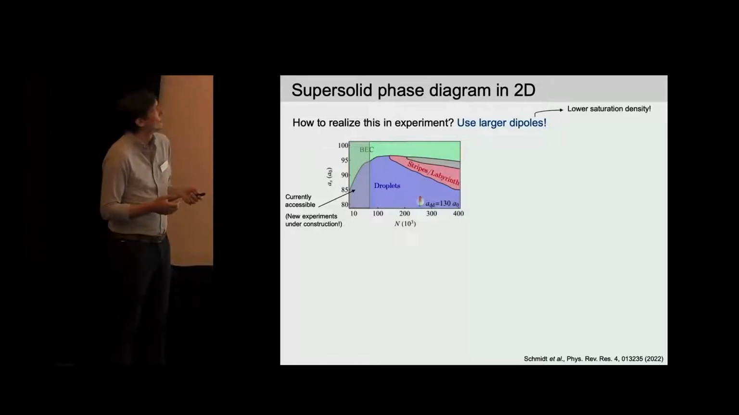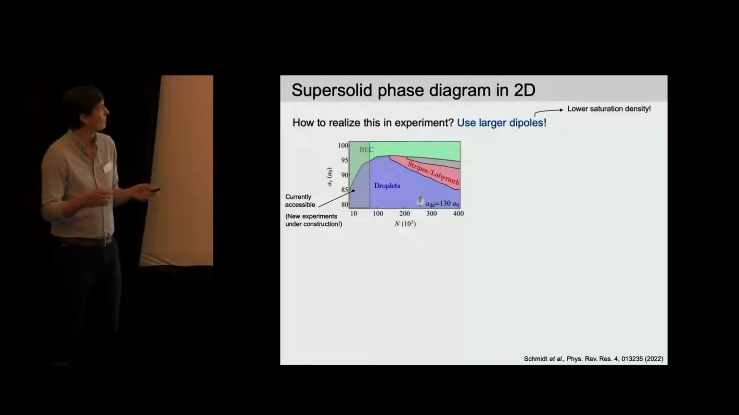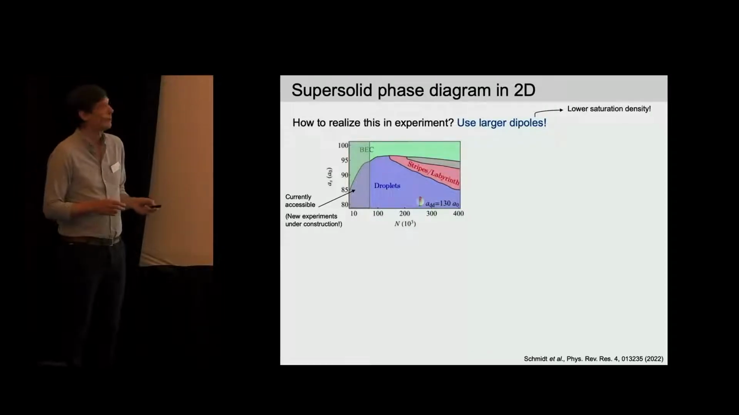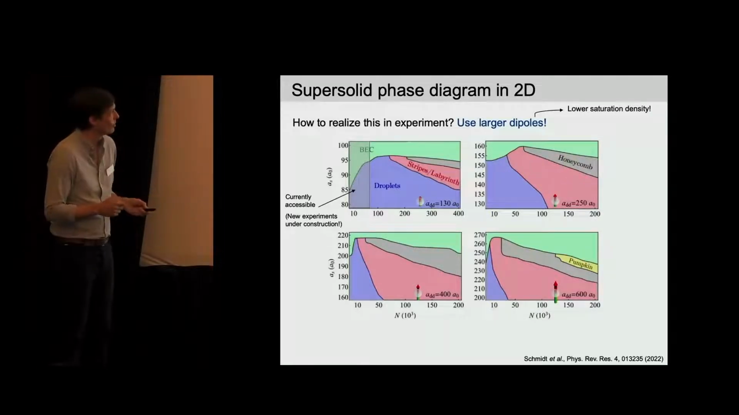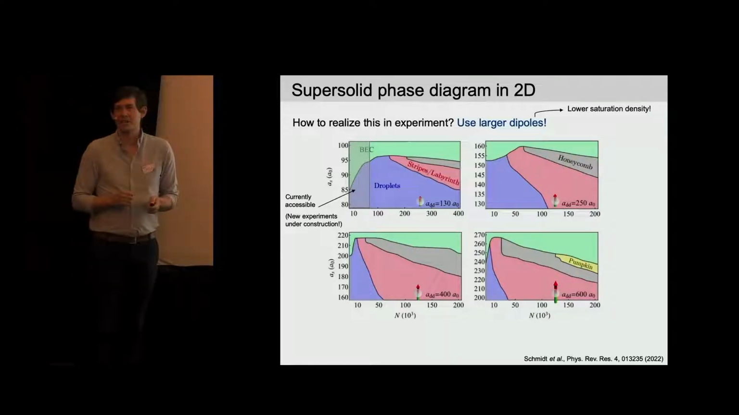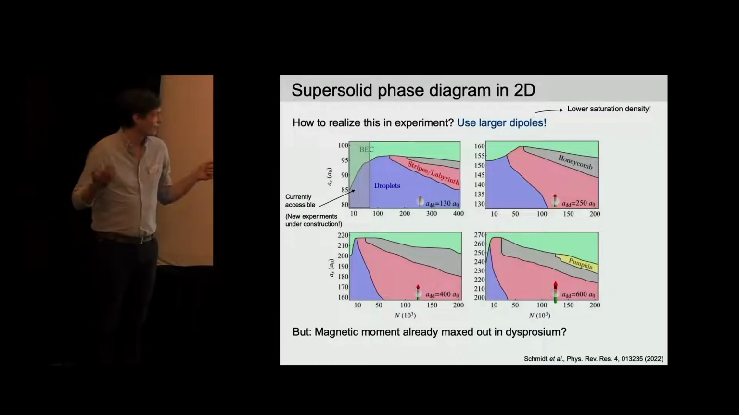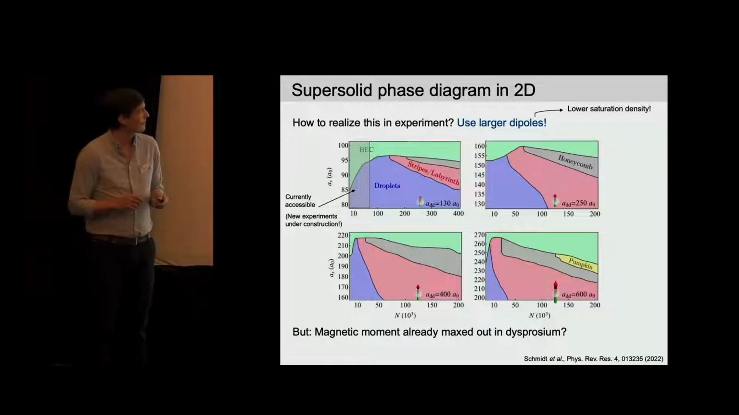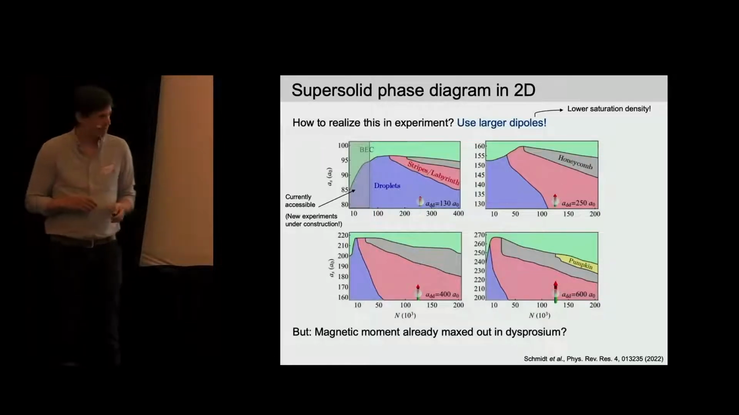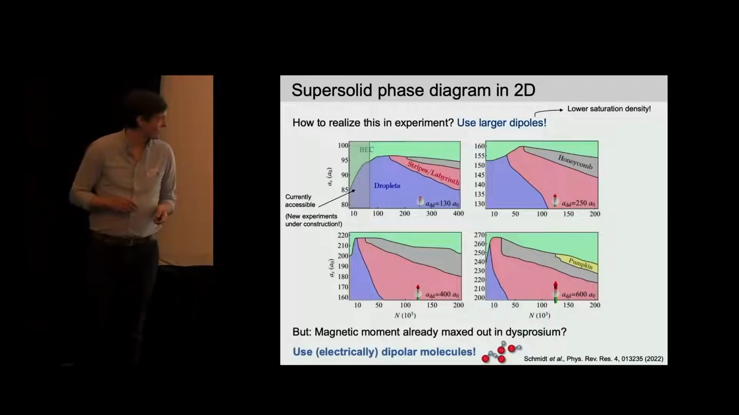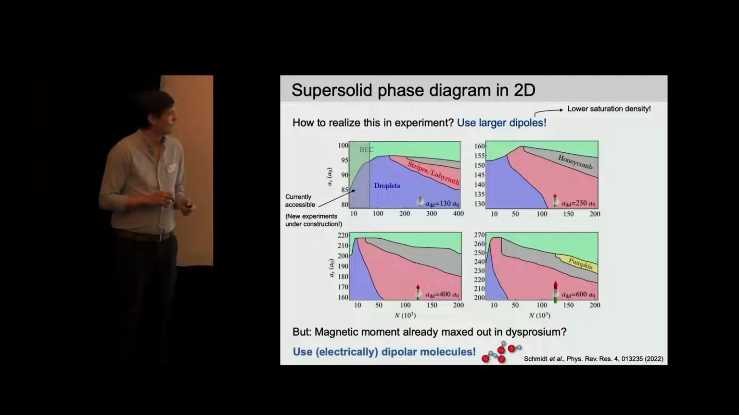And so in the end, what it gives you is a lower saturation density. So these states here should actually move to lower particle numbers. And that's exactly what happens as you increase the dipole. They move to more realistic particle numbers here. But then again, the magnetic moment is already maxed out, corresponding to this number here in dysprosium. And so the only way to actually get there would be electrically dipolar molecules,